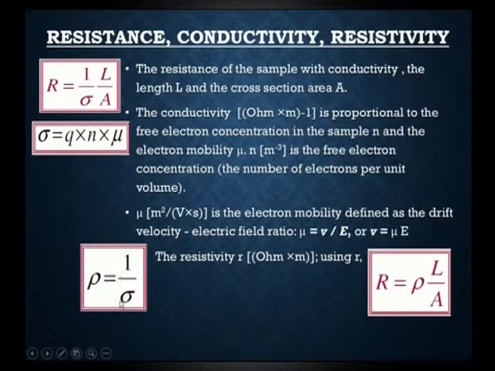So, we know the conductivity equation, that is rho is equal to 1 by delta, and with the help of this resistivity, whose unit is ohm meter, we can represent R like this. We can replace the resistivity in the R equation, where rho indicates the resistivity. So rho is 1 by delta, that is one over conductivity. That conductivity can be rewritten in the R expression as R is equal to rho into L by A.